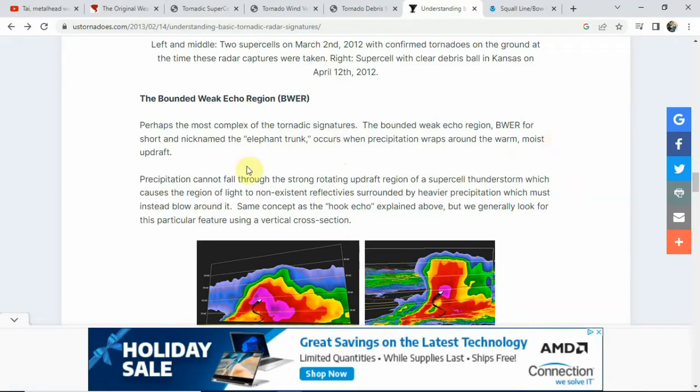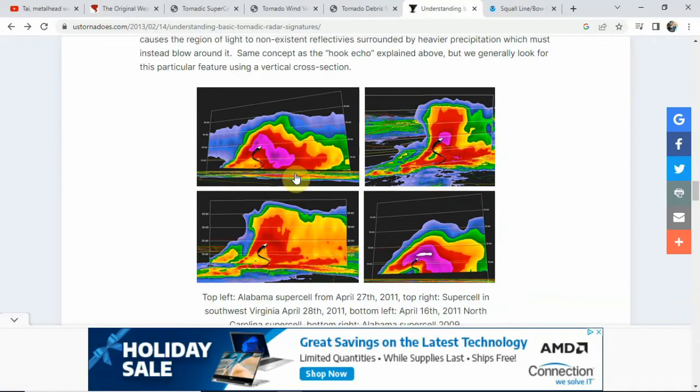It's a rain-wrapped tornado. So we can't get rotation. We can't get precipitation to fall right in the rotating updraft area. Otherwise, the storm would fall apart. But the weak echo region allows for the rain to fall around the outside of the storm, and usually you don't look at this through a